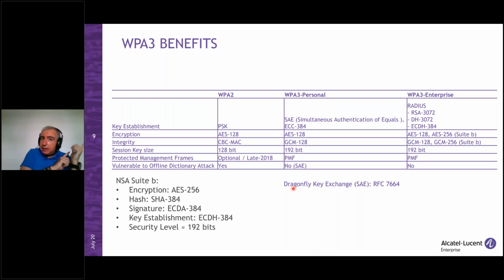That's the reason the report about the Dragonfly vulnerabilities was called Dragonblood. So Dragonfly is used here, which is SAE, simultaneous authentication of equals, and it uses elliptic curve cryptography standards. We will see later, in detail, why it is better to do it this way than this way. And in WPA3 Enterprise, in order to do the agreement of the keys,